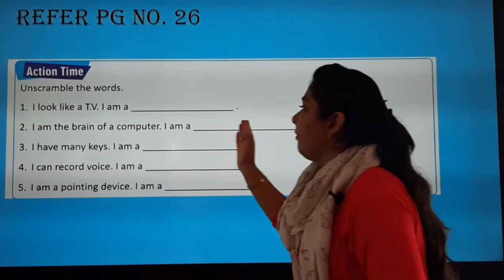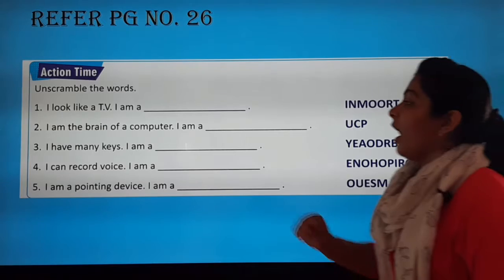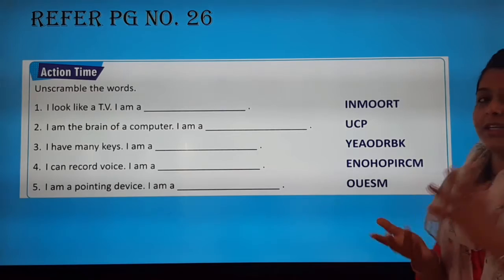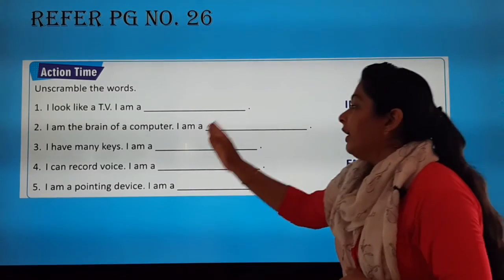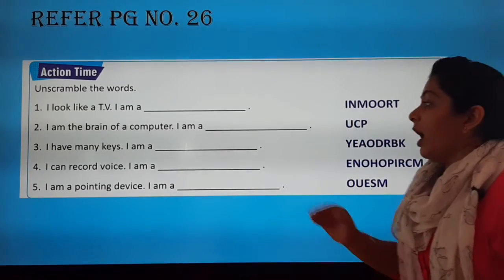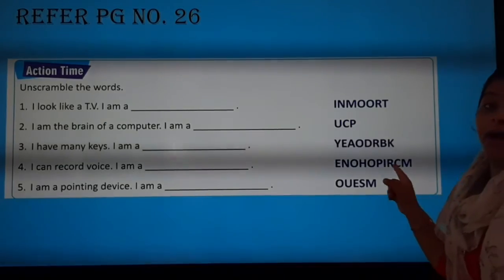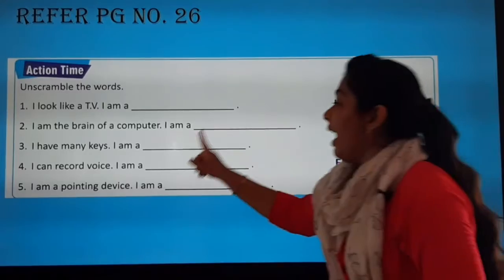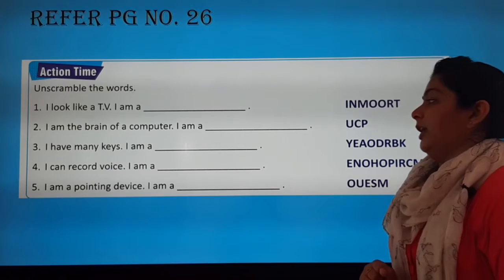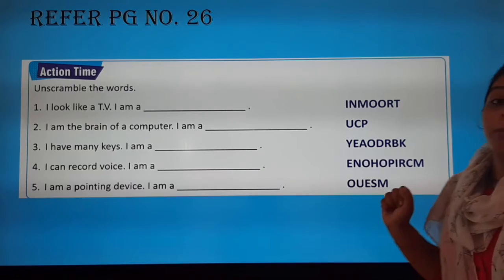I am the brain of a computer, I am dash. CPU. Then I have many keys, I am a dash. Just unscramble, I have many keys, I am keyboard. KEYBOARD, keyboard. I can record voice, I am a dash. I can record voice, I am a microphone. MICROPHONE. I am a pointing device, I am a dash. Mouse,